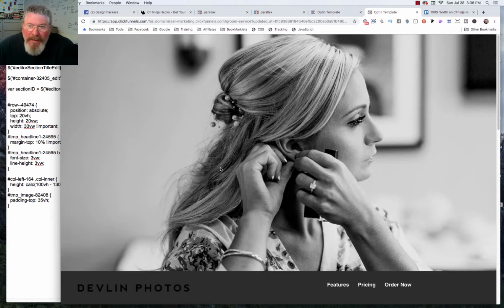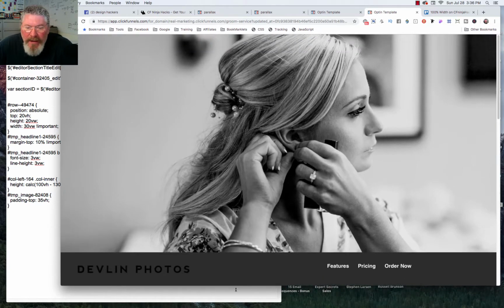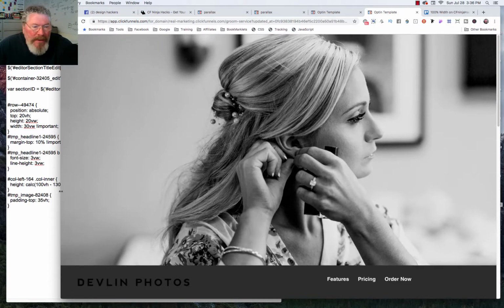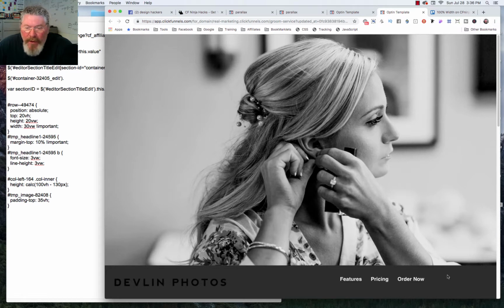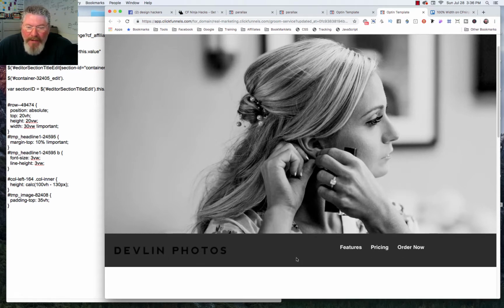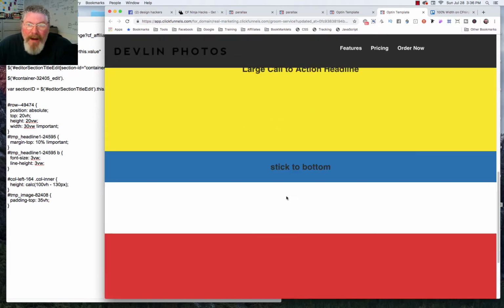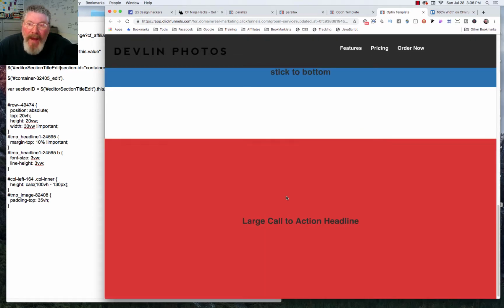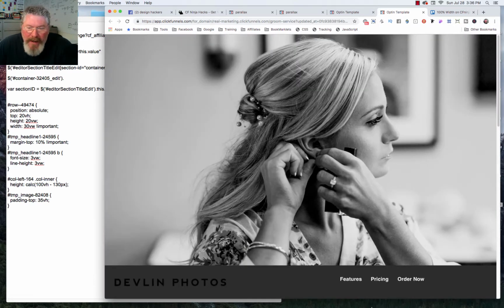A couple of days ago I built out this page here, and what was cool about this page is we set this image to essentially the viewport height. So no matter what, when you change the size here or you change the width, the image is always going to stay at 100% of the viewport height minus this bar at the bottom. And then when you scroll down, the image is parallax. The bottom bar scrolls up and basically becomes your top nav bar, whereas in the beginning it was your